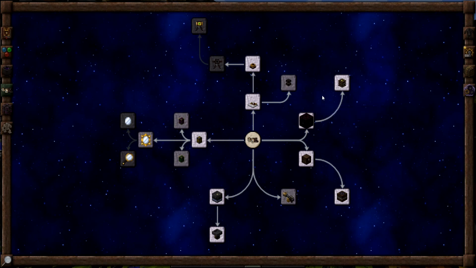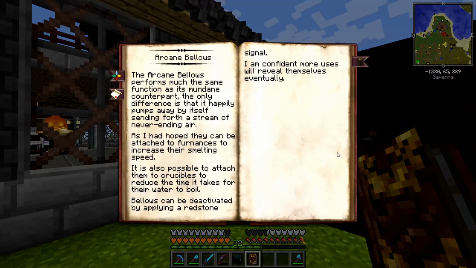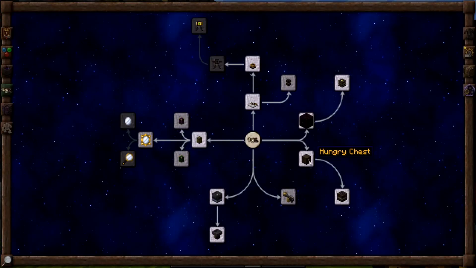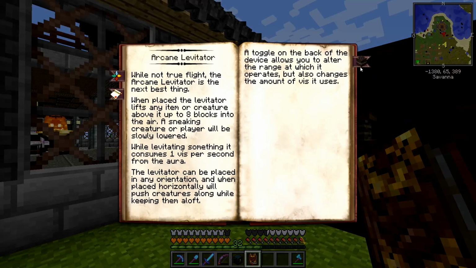So we got the Infernal Furnace. The Infernal Furnace also unlocks the Arcane Bellows, and bellows are not all that hard to do. They're just a little bit of leather and wood and some iron ingots. I forget what that took to unlock. It wasn't anything major. We did get the Hungry Chest, and I needed the Arcane Levitator unlocked so that I